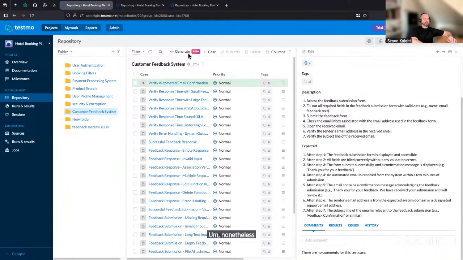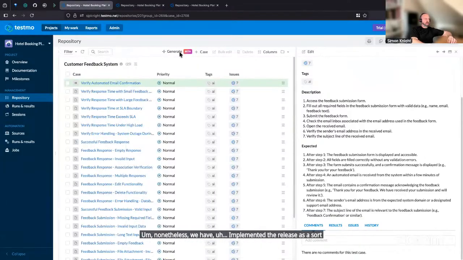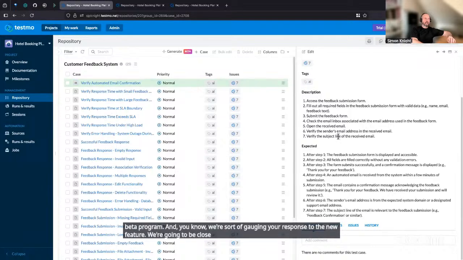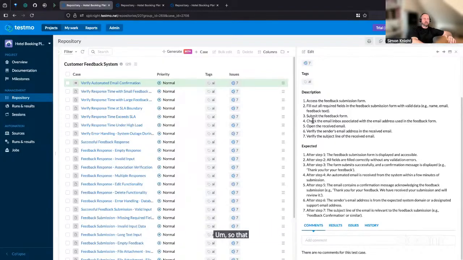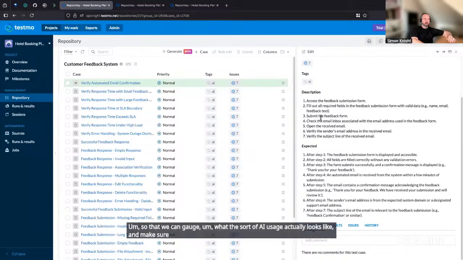Nonetheless, we have implemented the release as a sort of beta program. And we're sort of gauging your response to the new feature. We're going to be closely monitoring how our customers and users are interacting with it, so that we can gauge what the sort of AI usage actually looks like and make sure that we are making necessary adjustments for customers